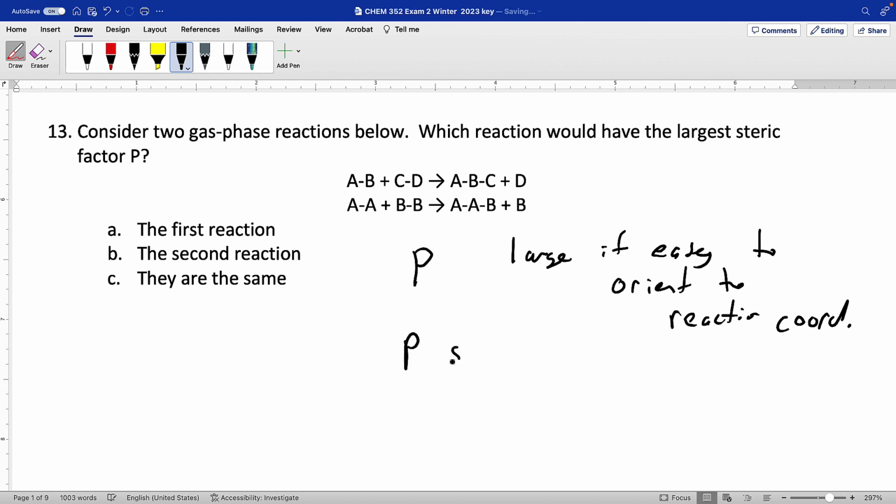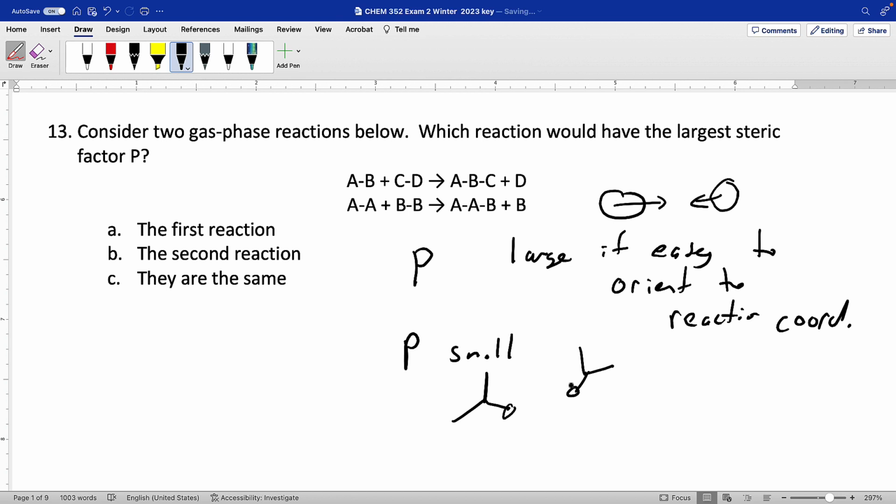And P is small if it's really hard to get to. So for instance, if we had two spherical molecules with no structure, we can see that if they hit, they're oriented correctly by definition. But if we imagine something with some sort of complex molecule where perhaps this has to hit at exactly these two sites or something like that, that the odds of colliding correctly go way down,